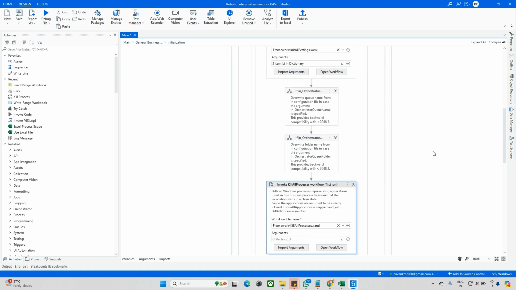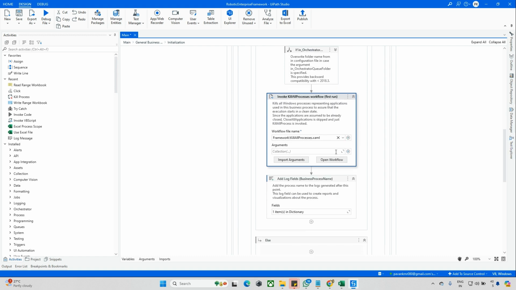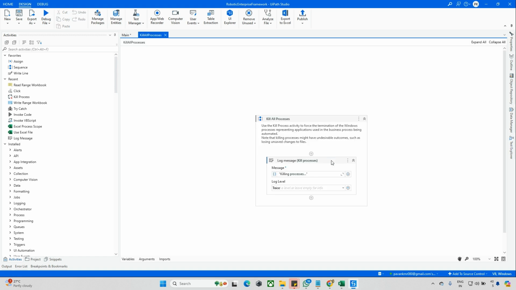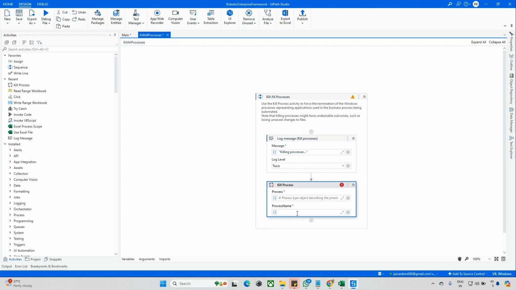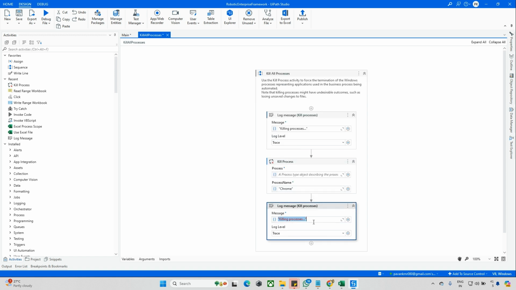And after this, Invoke Kill Process, so I will open this workflow. Now you can see there is nothing else, I just added a kill process, that's it. If you want to kill any process, we can use this Kill Process. And here I want to kill the process name as Chrome. Okay, just save this. If you want to add any logs, you can add them. Right now I will add this